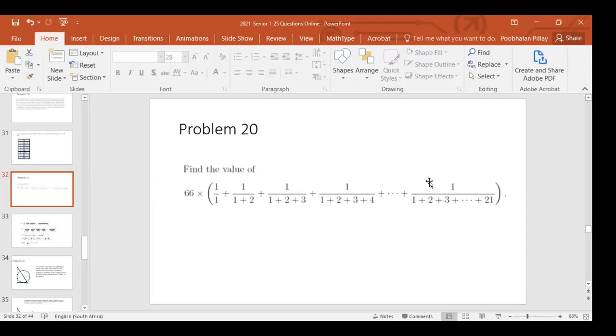Now that's quite frightening. You need to add 2 or 3 fractions, you must find the LCM and so on and add them. 21 fractions. If you do it the conventional way, then you will have to work out the LCM of these numbers, add them and multiply that by 66. It looks like an extremely difficult problem. But if you use mathematics, you will see how this thing works out so nicely. I'm going to show you how.